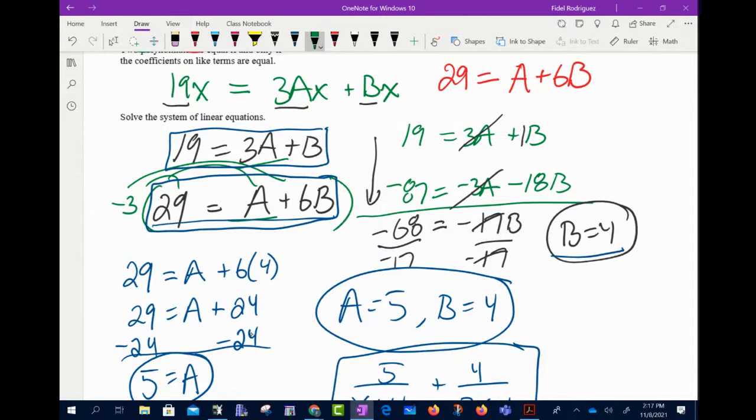So let's go back to this part here. The idea behind the elimination method, Jennifer, says, look, I want to get the same number in front of the A's, but I want them to be opposite signs. So if one of them is a 3A, I want the other one to be a negative 3A. So because the number in front of this A right now is a 1, if we multiply it by negative 3, then this one here is going to become a negative 3A, right? So all we did is we just multiplied everything here by negative 3, and then we started to add those two equations together. So a positive 19 and a negative 87 gave me a negative